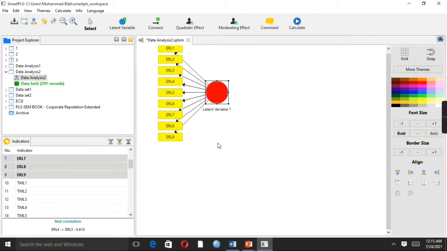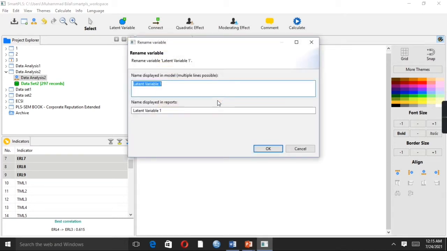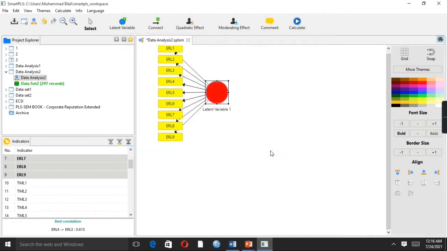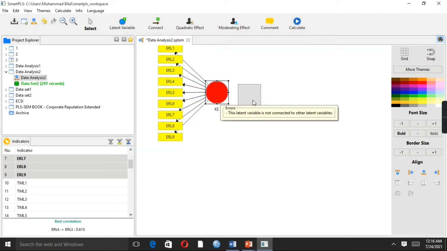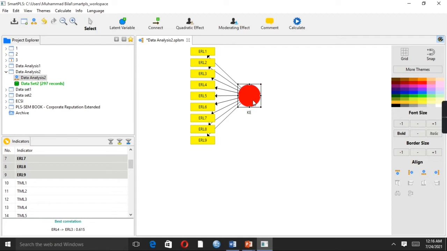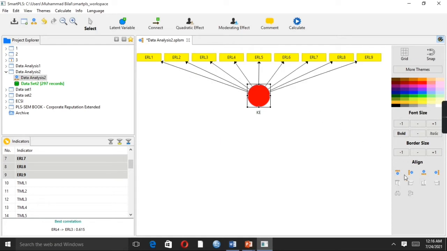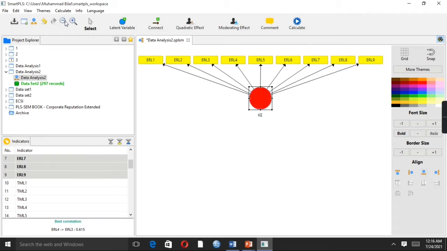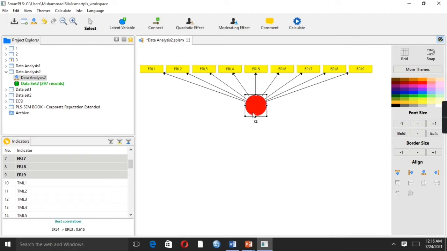This is the first variable, which is known as knowledge exploration. I am just using the abbreviation, you can use the whole name as well. We may change the direction of the variable items as well. Knowledge exploration is our first independent variable.